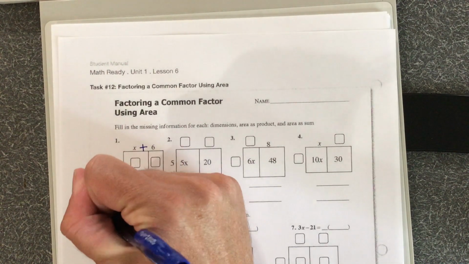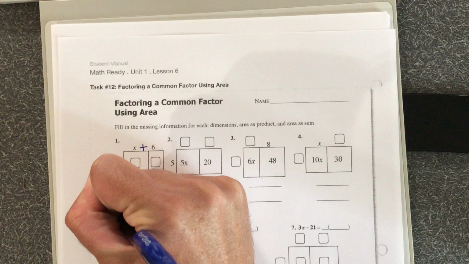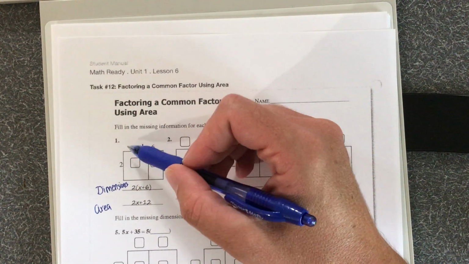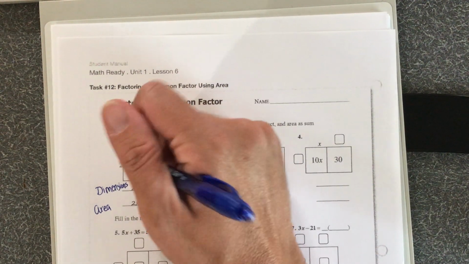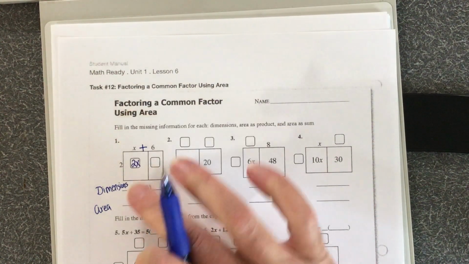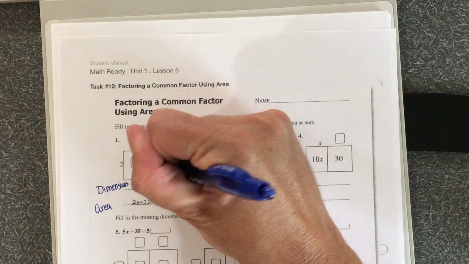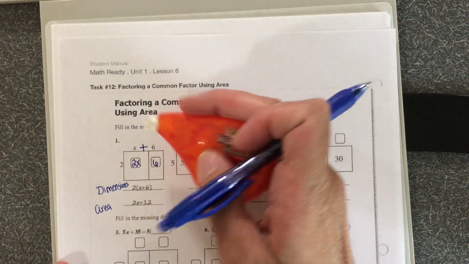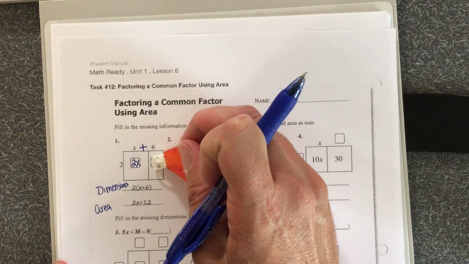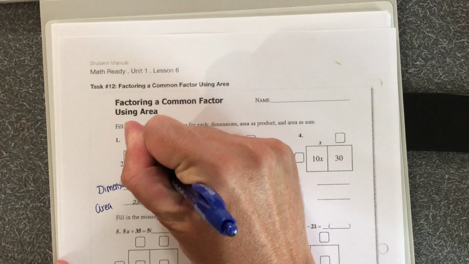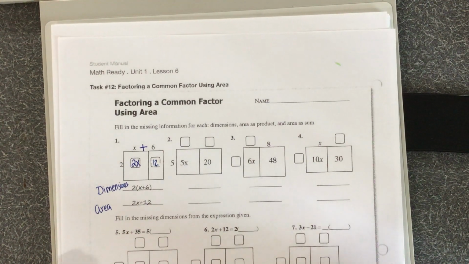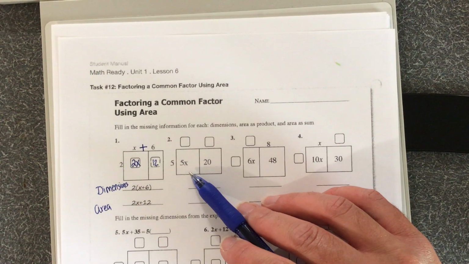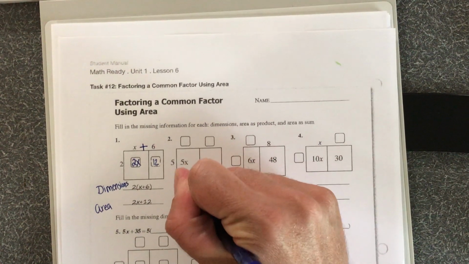So what would be the area? So we learned last week that we can multiply the base times the height. So 2 times x is 2x, and then a height of 2 and a length of 6, 2 times 6 is 12, giving me an area of 2x plus 12. So in this example, if I have a total area of 5x plus 20,